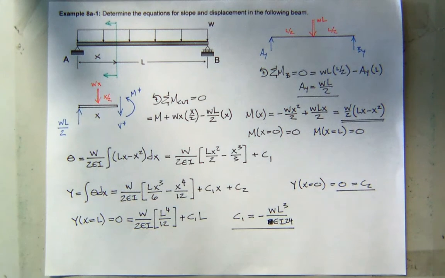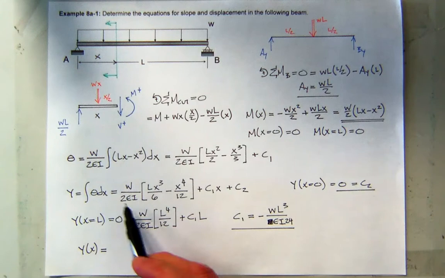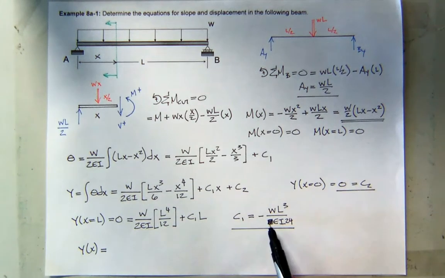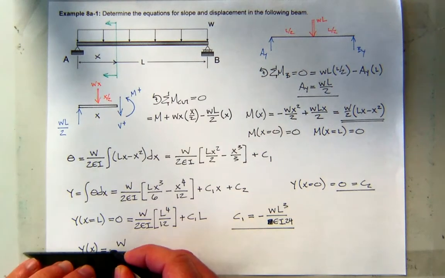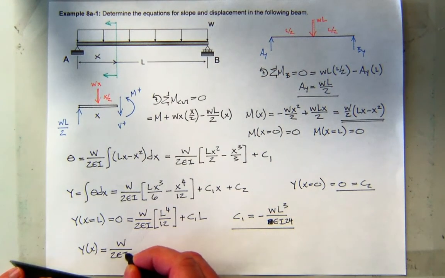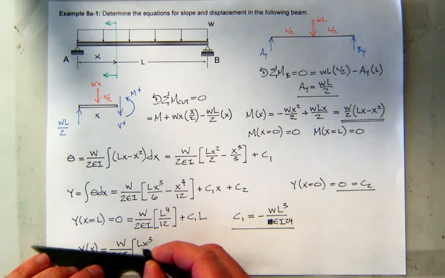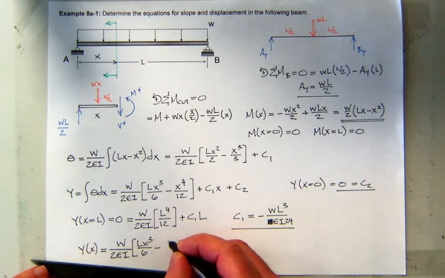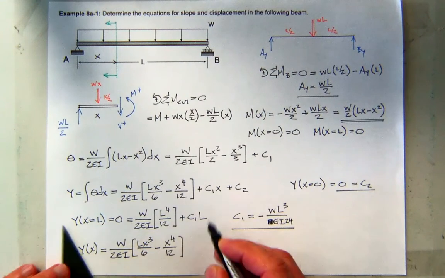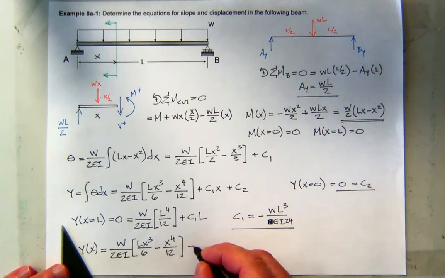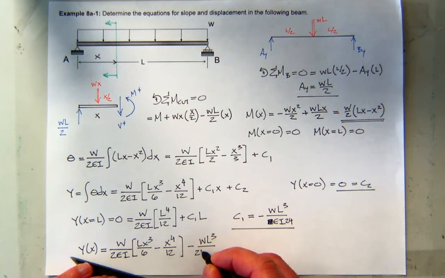So what would be the final solution to the problem? My equation will be this. I know C2 is 0, and I know what C1 is now, so I can plug all that in. You can probably make it look a little prettier, but I'll just do it like this temporarily. So I've got this value times this, which is L cubed over 6 minus L to the 4th over 12 plus C1x. C1 is this value, which is minus WL cubed, see if I can get it right this time, over 24EI